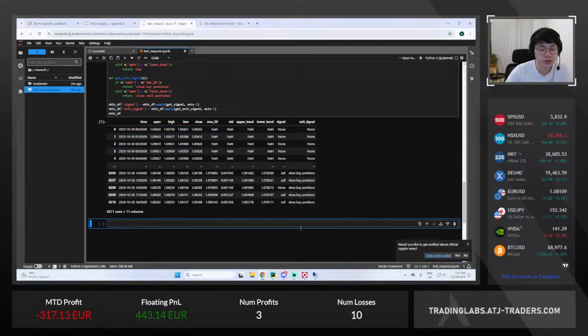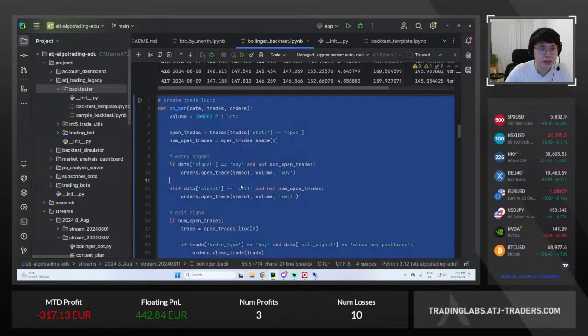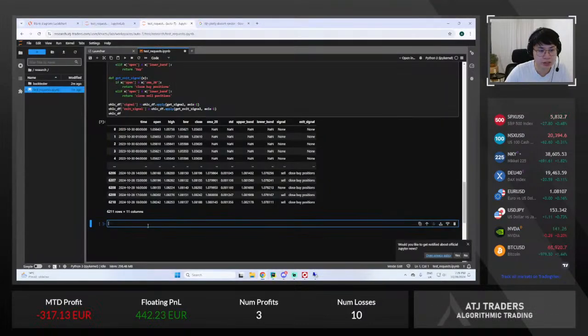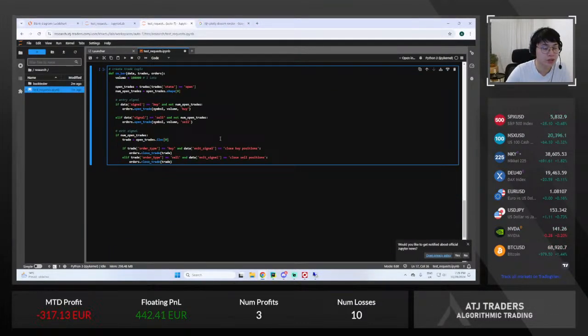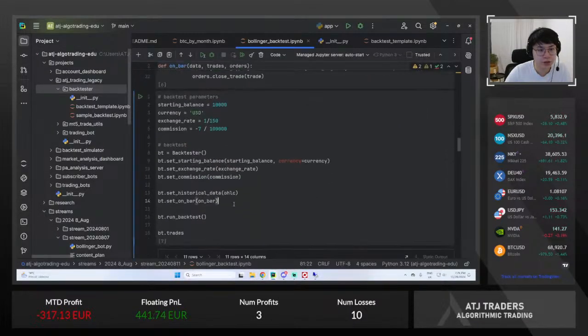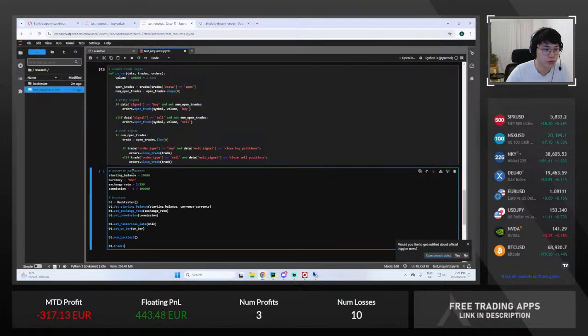So we're creating our signal function for the backtester, and here we have our backtester strategy. So here we are specifying the backtesting strategy, and then the last part here is simulating our backtest. So if we run this,